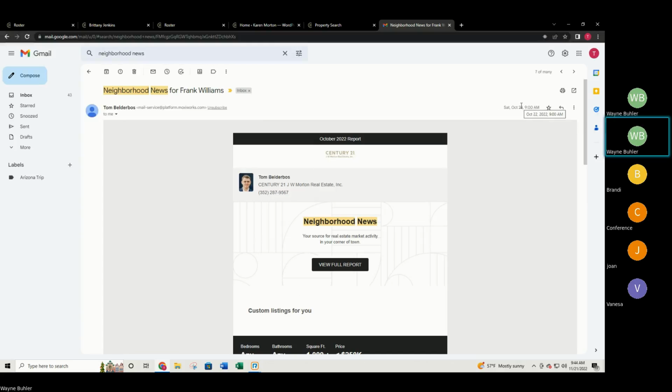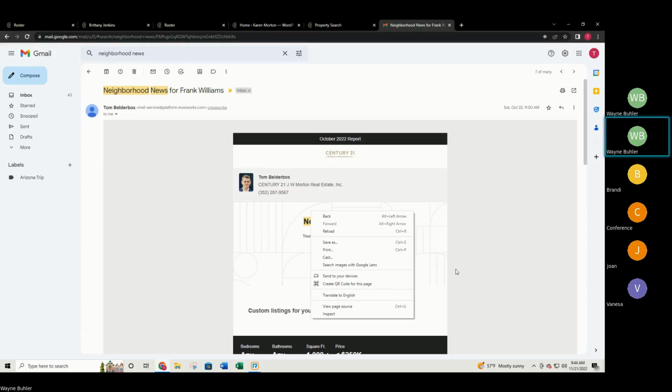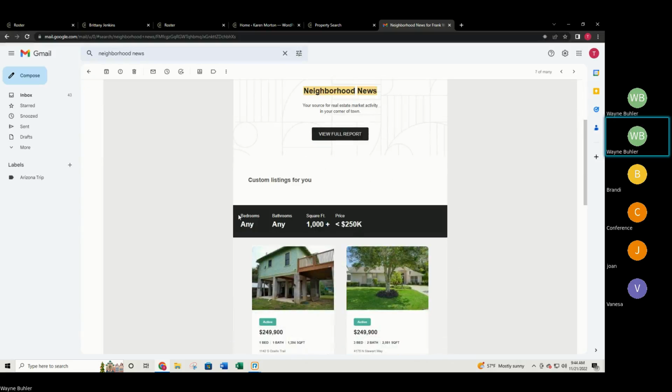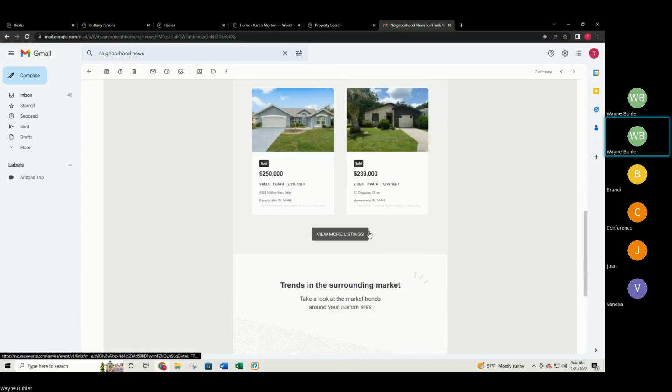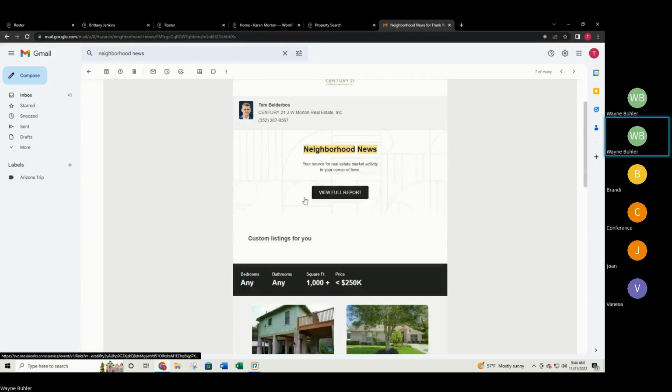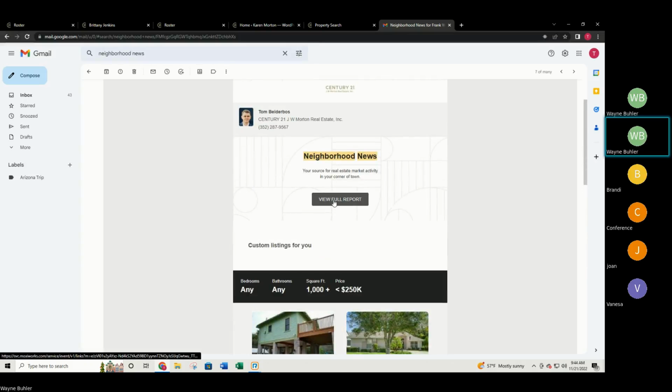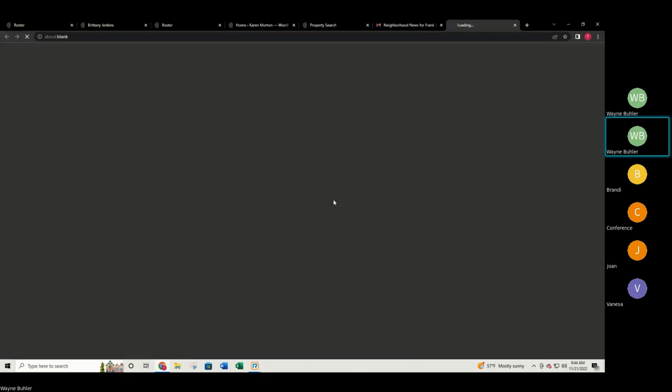So probably tomorrow Frank Williams, who's a fake person, is going to get a new email that says neighborhood news, and it's going to say their report. This kind of shows what the search parameters are. They're pretty standard, but they are in a specific neighborhood. So if you hit the view full report button right here,